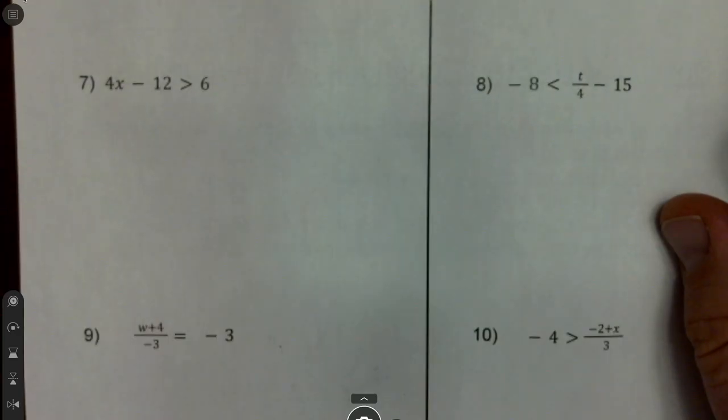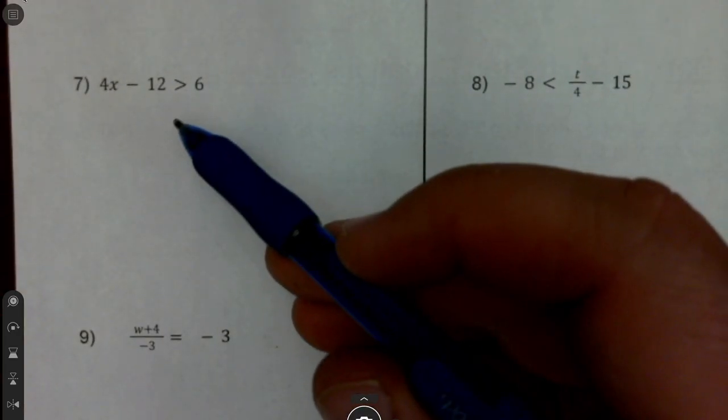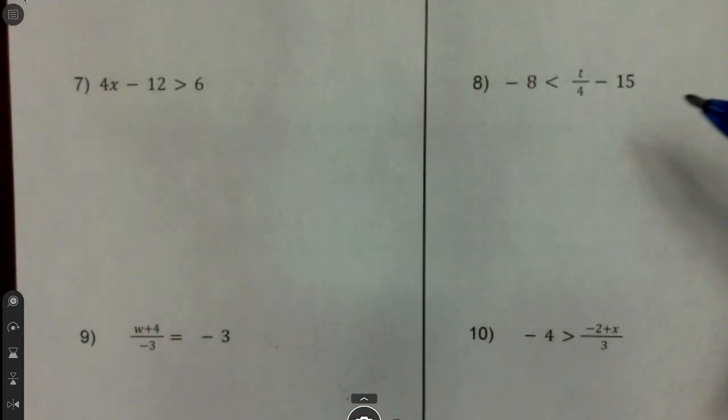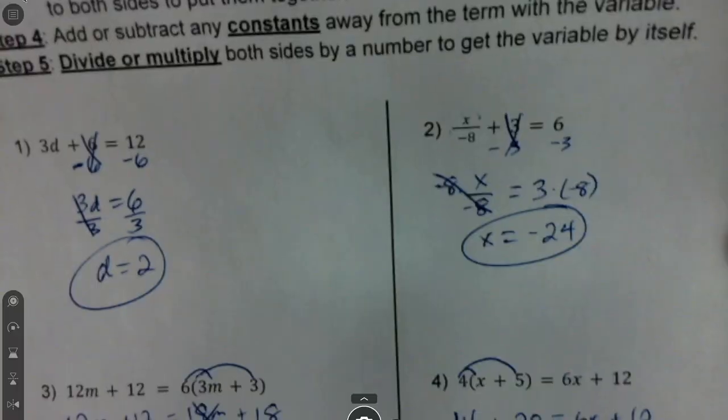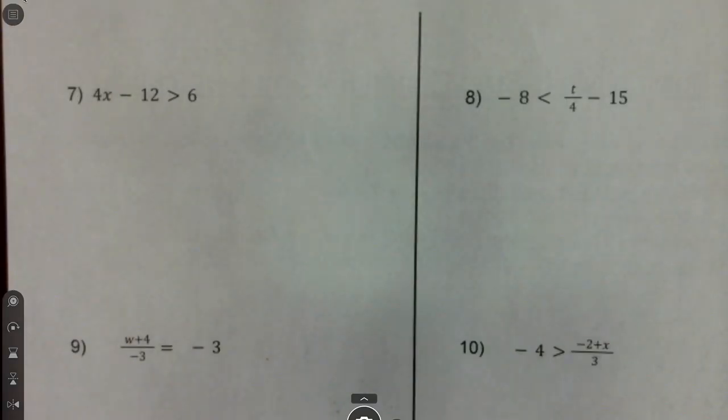Okay, 4 more. So this is relatively basic, but it's doing an inequality. So we did all equations except for the last one. So like 1 through 4 were all equations. But 7 is similar to number 1 and number 2 in style, except it's an inequality. So